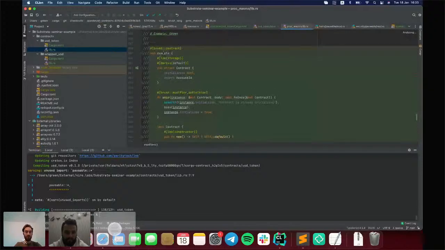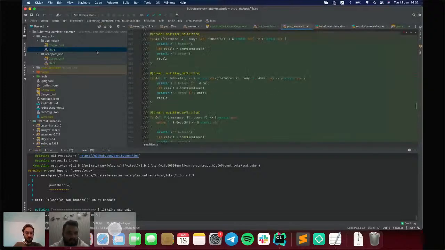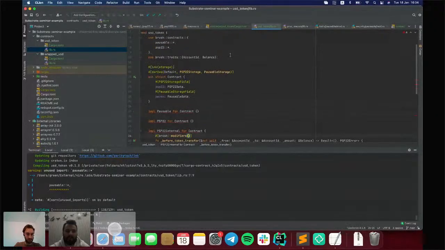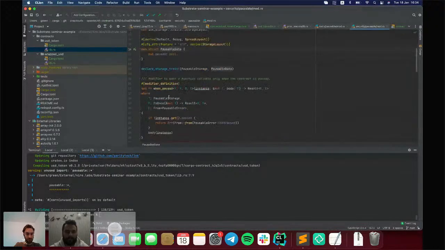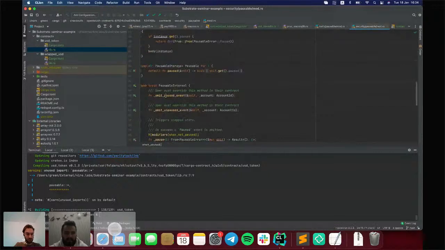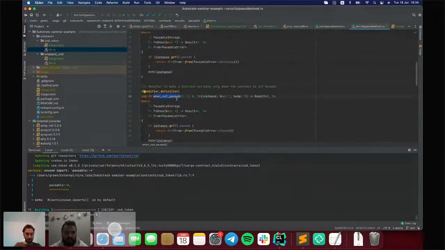You can read about modifiers in the documentation, but the main idea is that we will call some methods before execution of the main body of our function. So, for example, here we want to use OpenBrush for Pausable. OpenBrush provides two modifiers, when paused and when not paused.